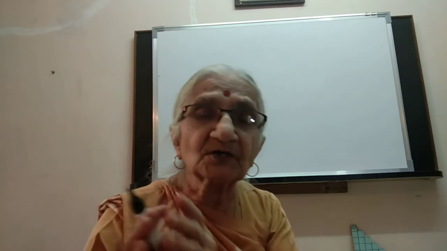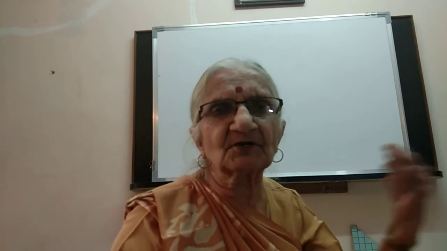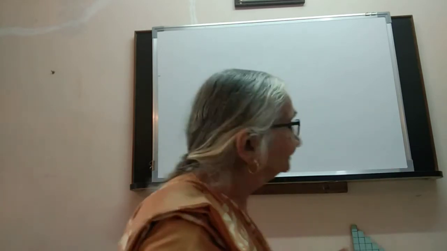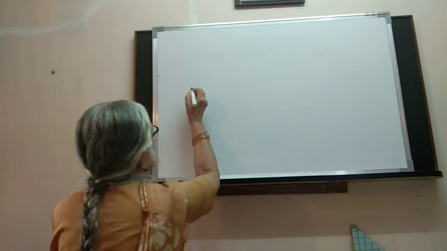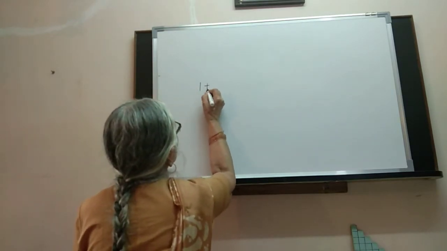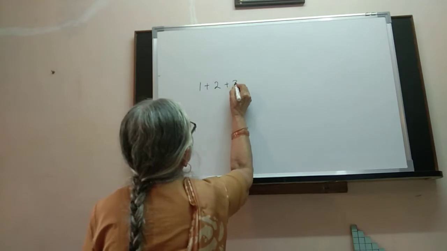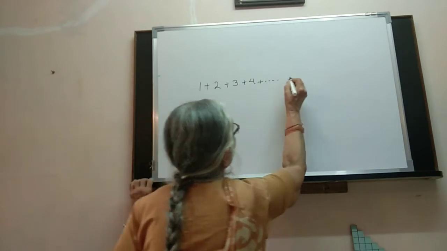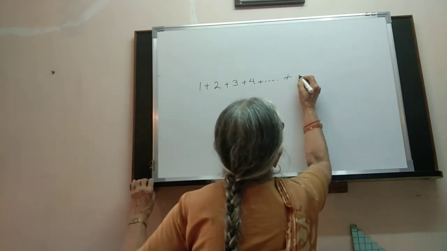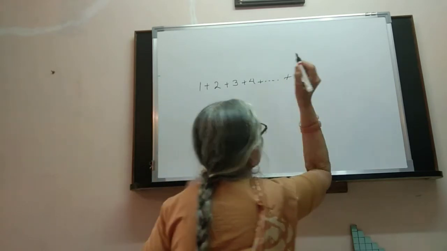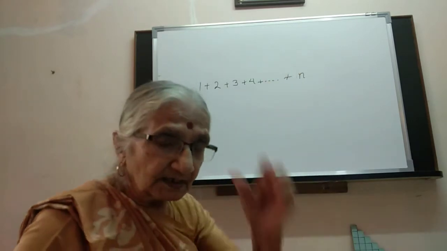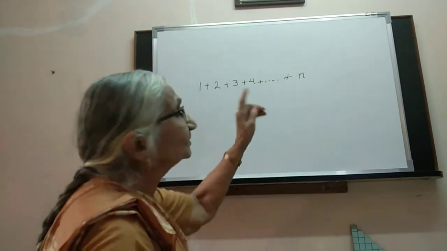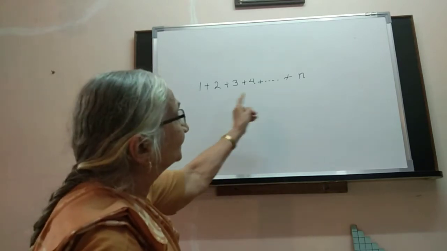It is for the sum of first n natural numbers, like 1 plus 2 plus 3, all the way up to n. Your n may be 15 or 49, whatever, or 5000. So, it is something like this. We want 1 plus 2 plus 3 plus 4 up to n. Your n could be anything. Now, we first note the notation for this. There is a notation for this.